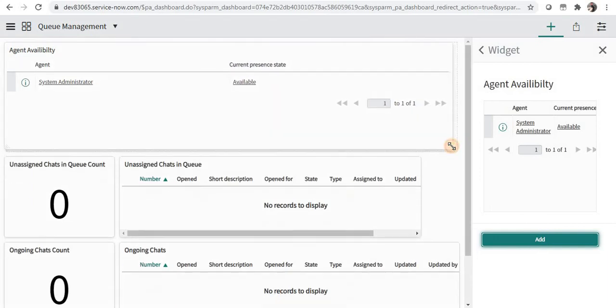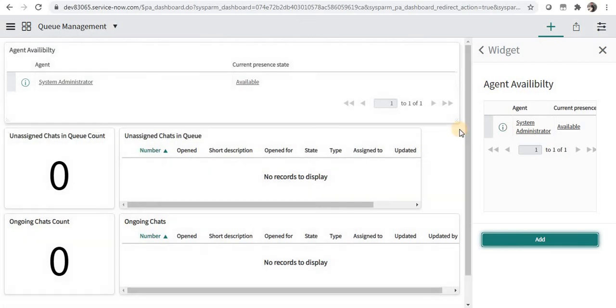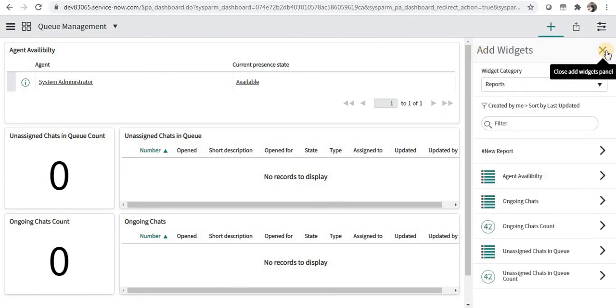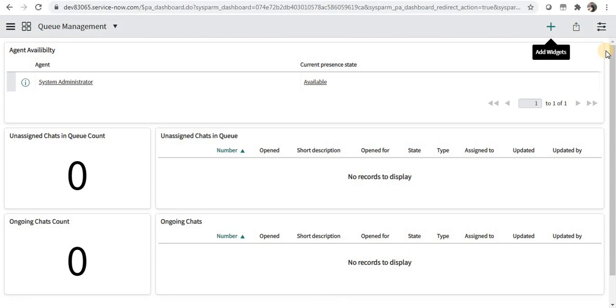I'll resize this. You can create a new single score report to show the number of agents available, so it will show 1 if you create that report. So you see this dashboard has been created and it will be the default one for David Liu.